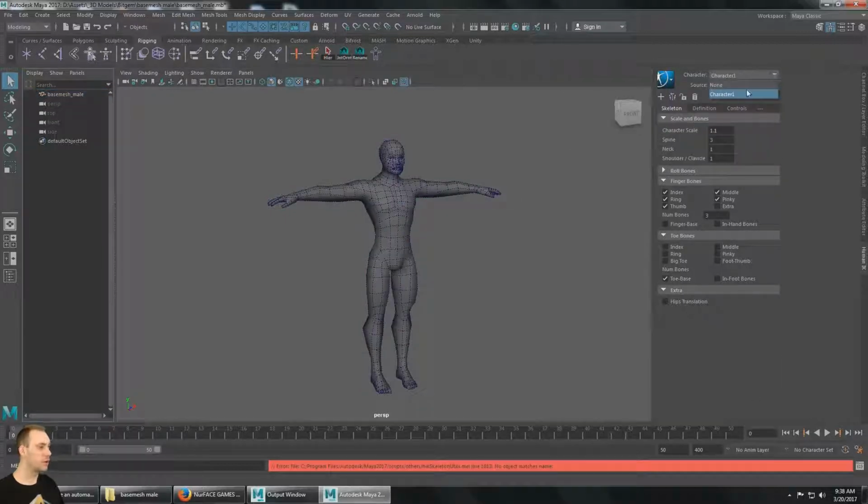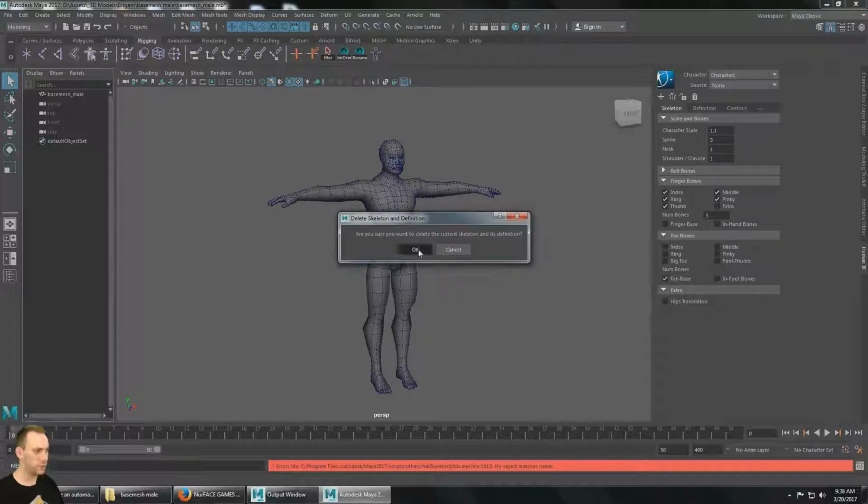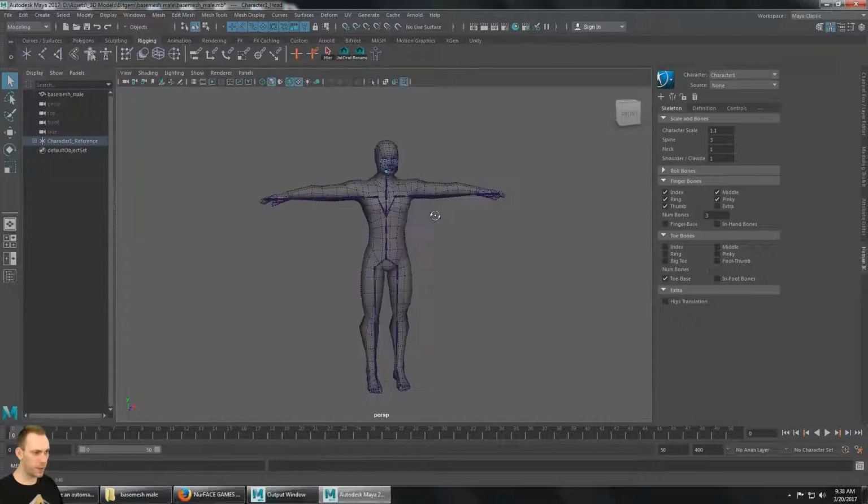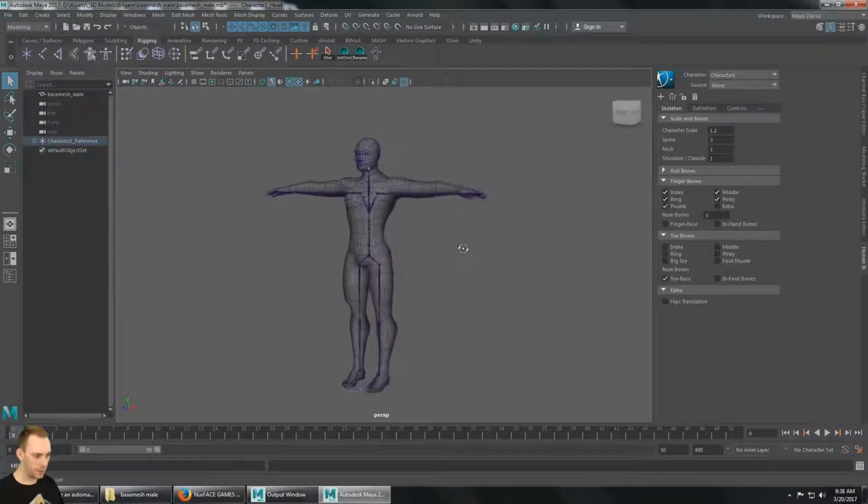So it did create a character. I probably need to delete that character. I'm going to hit trash can. Are you sure you want to delete the current skeleton? Yes. Okay. Now let's do create skeleton, and you're going to see that it just automatically creates a human IK